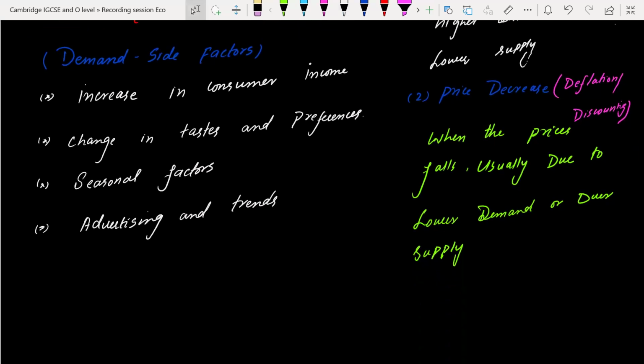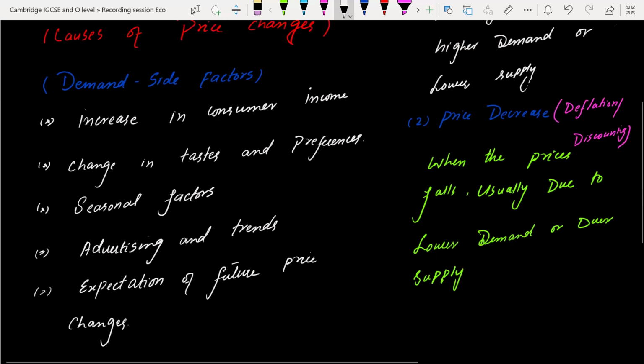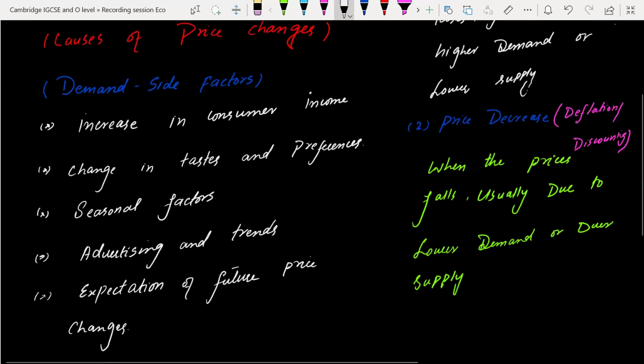Expectations of future price changes. The second one is the cause of price changes. The second factor is